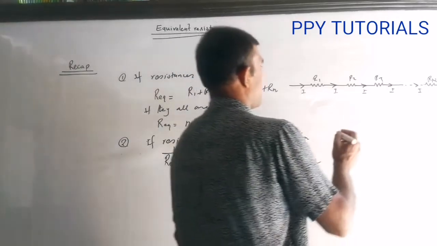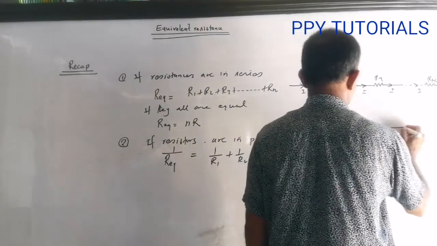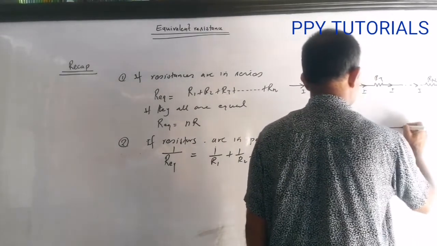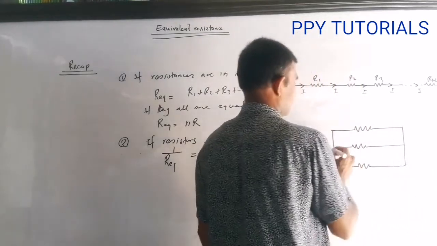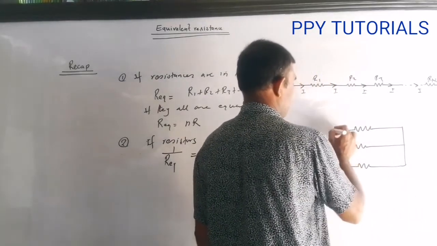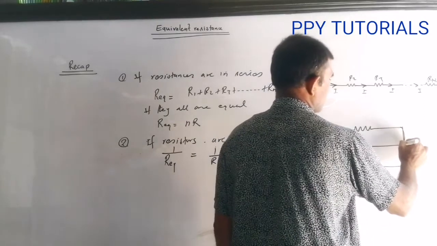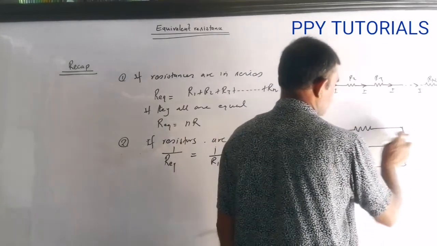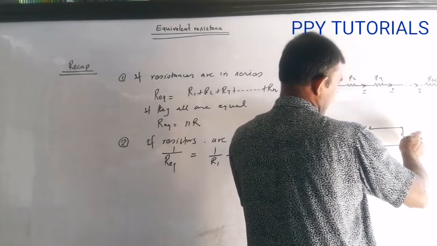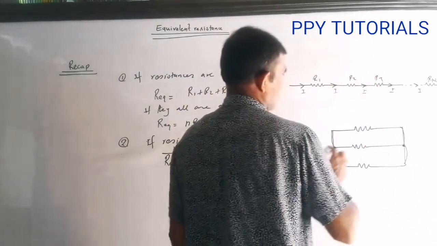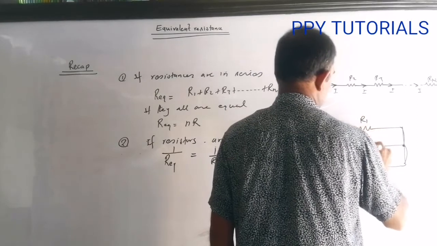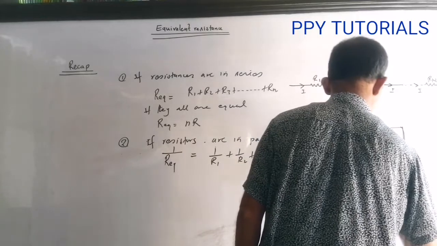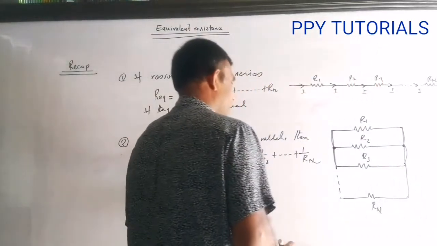And how do we know resistors are parallel? If resistors are connected across the same potential difference, meaning there are common points between which the resistors are connected. See this, even if it looks longer, they are meeting at a point, and all these ends are meeting at a point. So the potential difference between the 2 points is the same. If they are connected between the same 2 points, then they are in parallel. So if I say R1, R2 and R3, then likewise you can get another resistance Rn, and then you will use this formula.